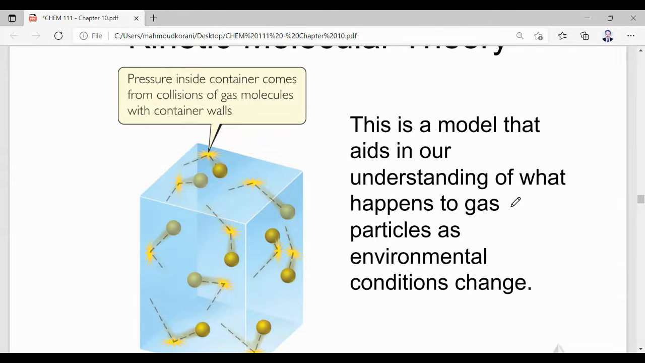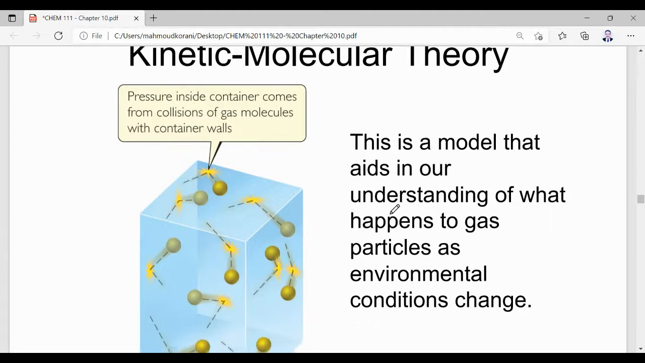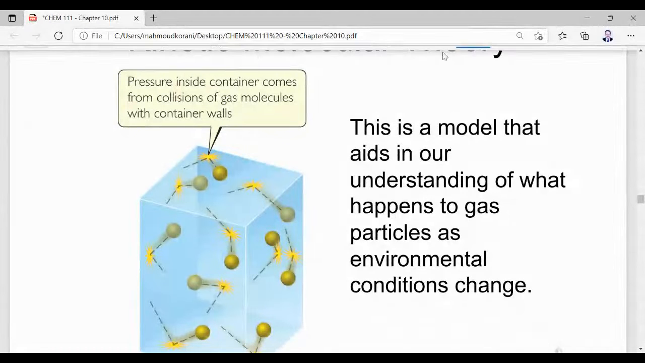I told you before, any gas has a pressure, and the main reason for this pressure is the collision of the gas molecules with the walls, the border of the container. So the gas molecules exert pressure on the whole container. This model, the gas kinetic molecular theory, is a model that aids in our understanding of what happens,